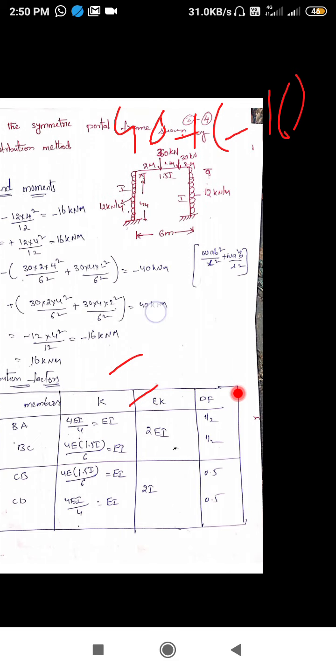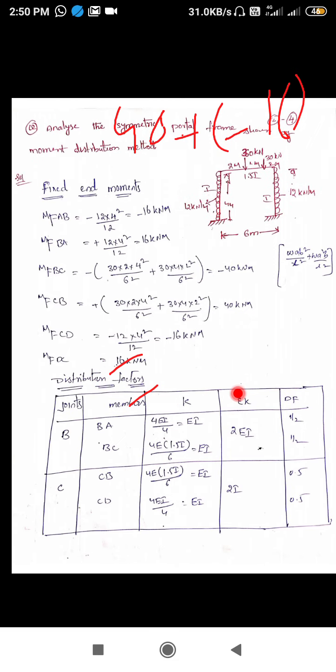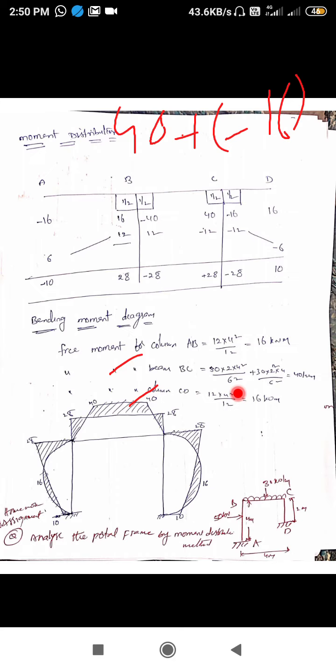You got these values at first stage, that is fixed end moments. So coming to the free end moments,